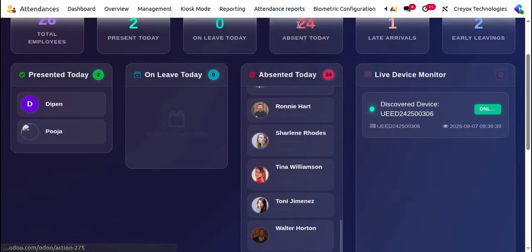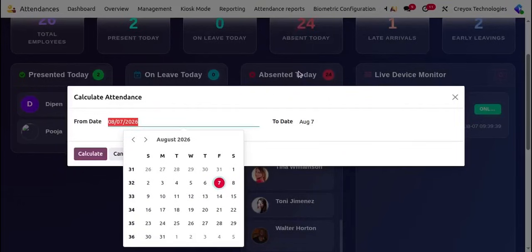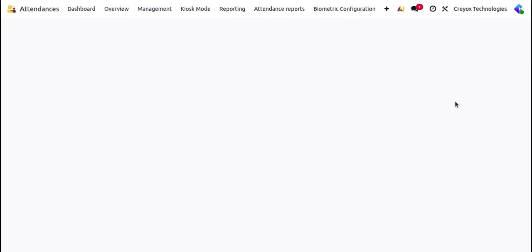And this calculate attendance, it will also open a pop-up, where you need to enter the date range from which date to which date you want to calculate the attendance. And once you click on that and click on calculate, what will happen is, if you go to